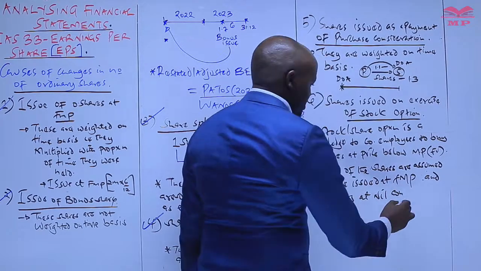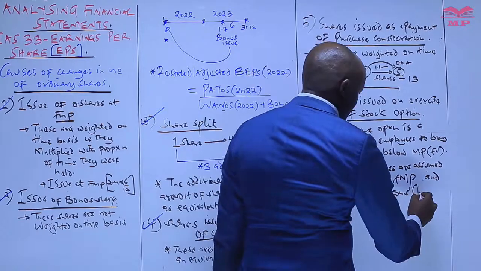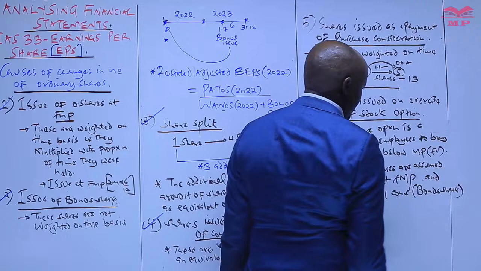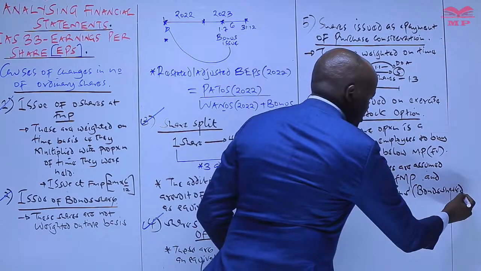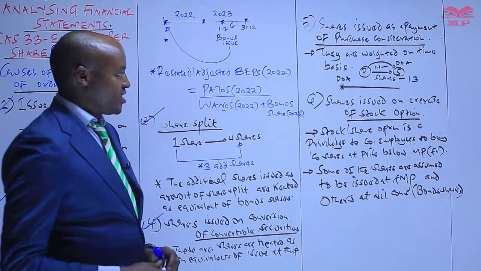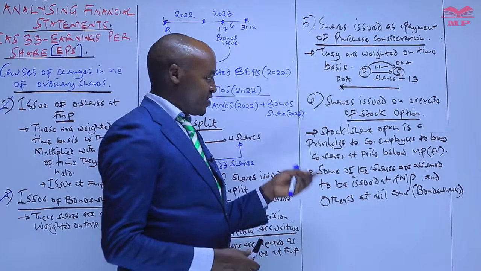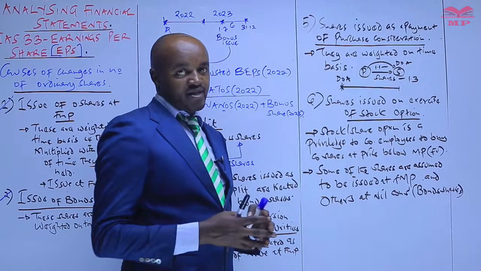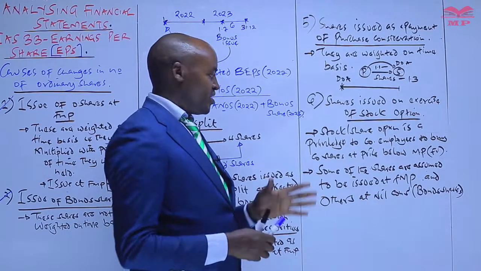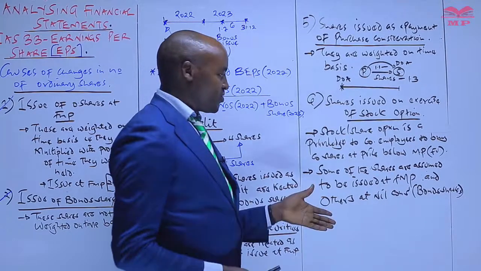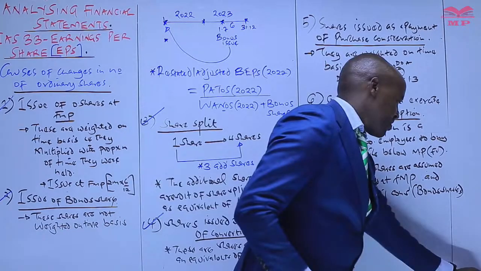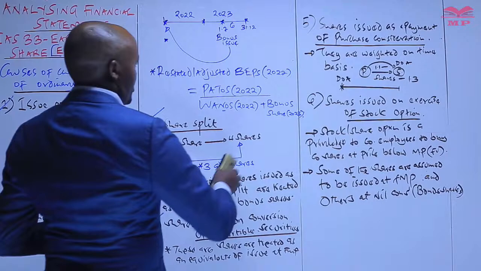Nil consideration basically means that these shares are issued as bonus shares. Bonus shares are those particular shares which will be issued free of charge. Therefore, anytime shares have been issued to the employees of the company as a result of exercising the stock option, we split them into two main components. We determine the shares which were issued at full market price, and also the shares which were issued at nil consideration. So let's look at how we do that particular split.